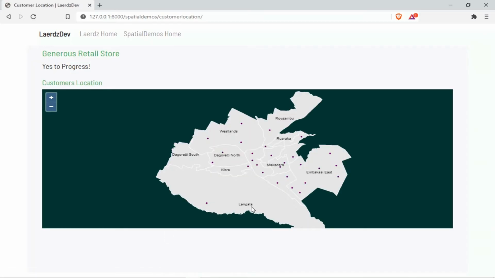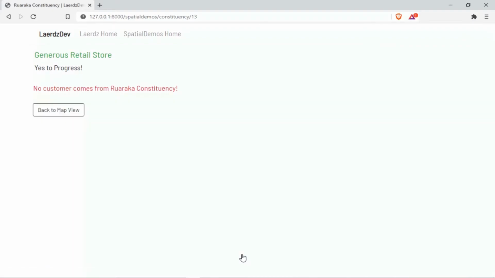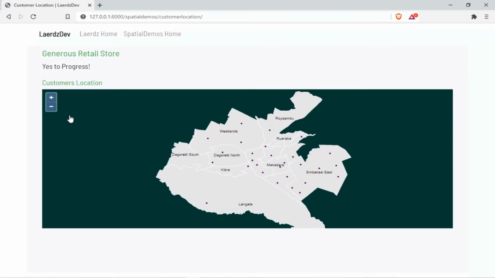There are some constituencies that I know we have no customers. I would think of Ruaraka to be one such constituency. If I select on Ruaraka, no customer comes from Ruaraka constituency. Good. Now, perhaps this is not a real case why one would need to have this kind of information, but it is possible. You have some venture or some application where it would be needful that you get to know what sub-entities are within a given entity, and this entity,